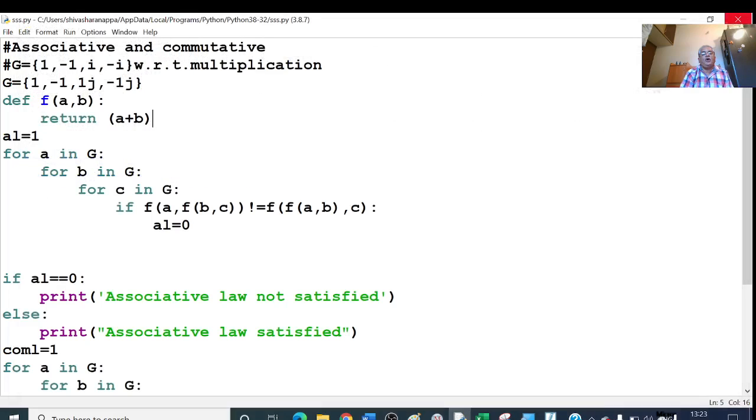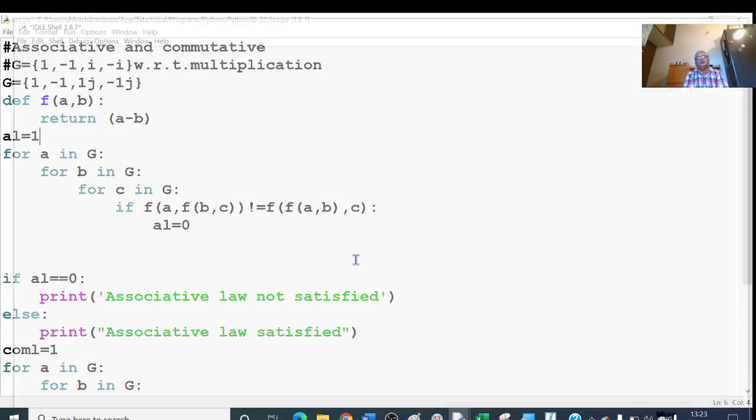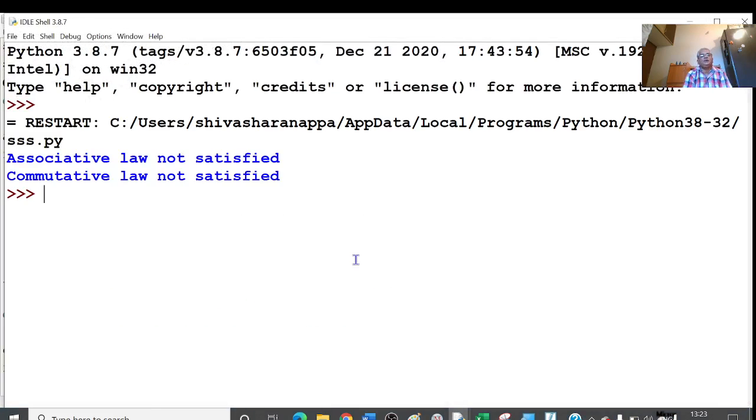Now if we change the operation, suppose I make minus, then neither associative nor commutative is satisfied. Running this program: associative law not satisfied, commutative law not satisfied.